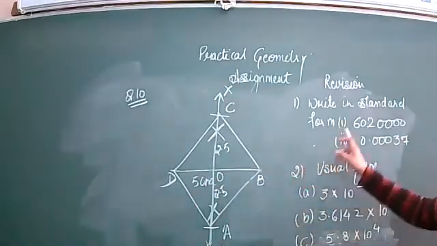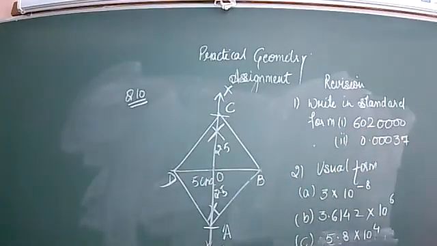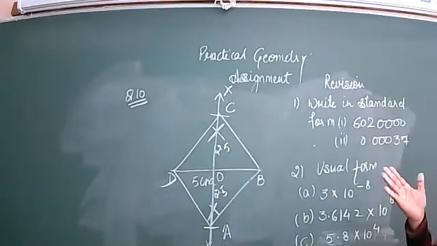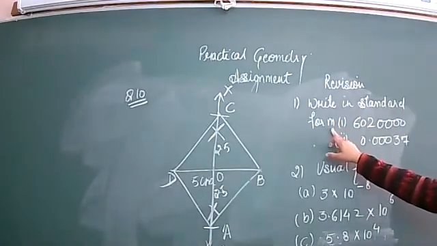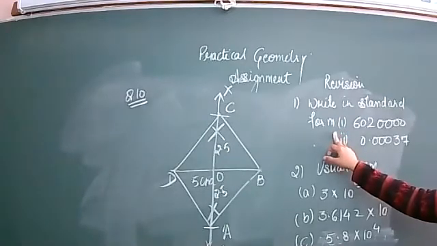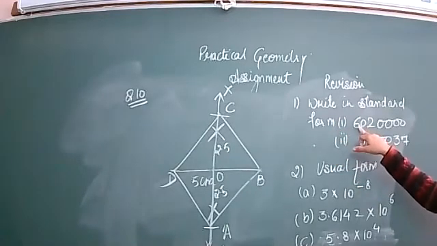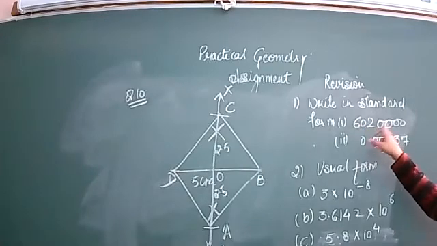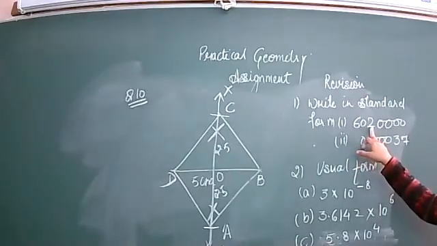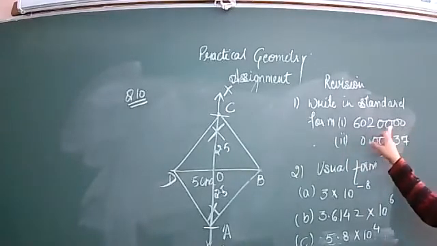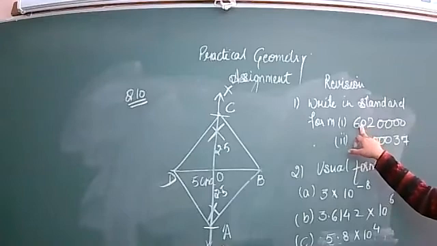After doing this, let's start with the revision of exponents and powers. I am starting from the second last exercise: write in the standard form. And for the standard form, you all know that you have to put the decimal after the first digit. So you will write this in the standard form. You will remove these numbers from the back. Zeros can be removed, but the numbers you can't remove. So count the digits, and put the decimal here after the first digit.